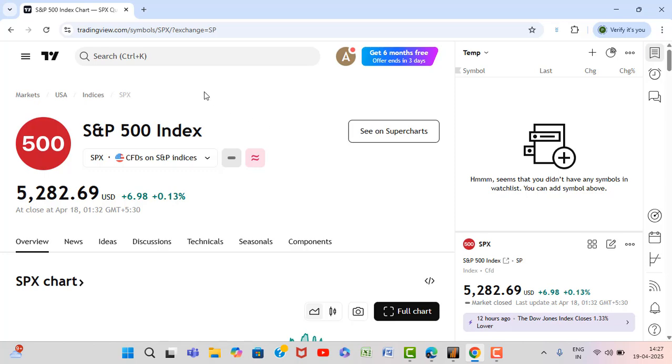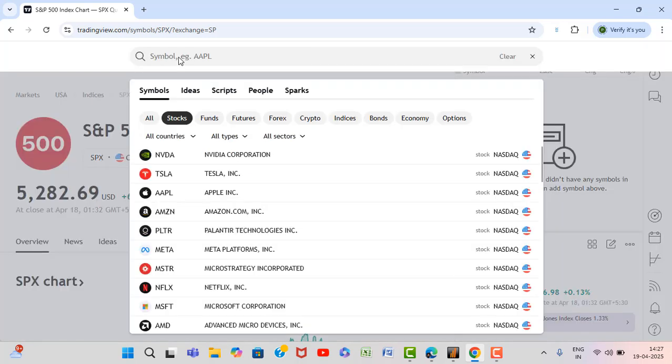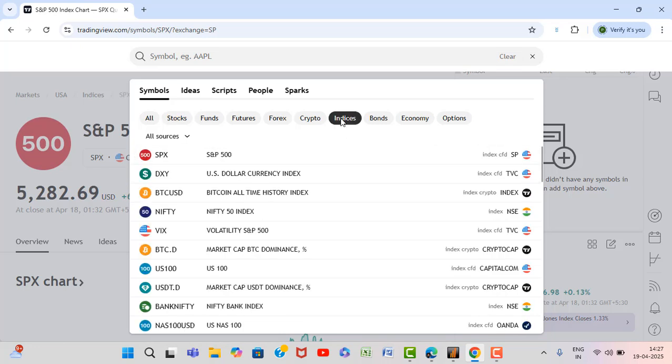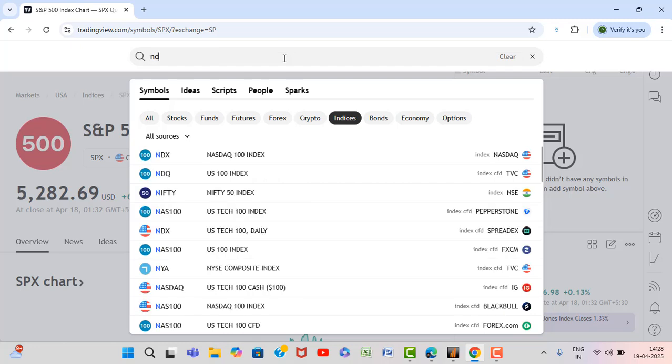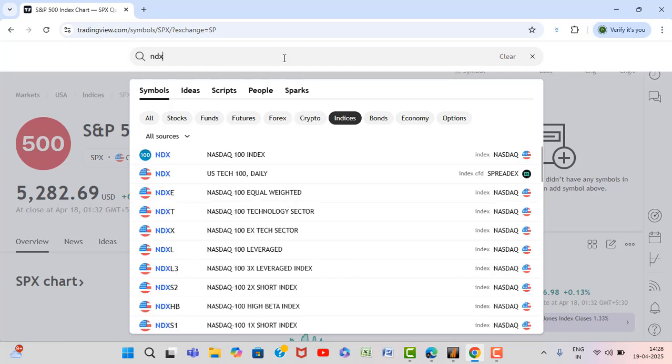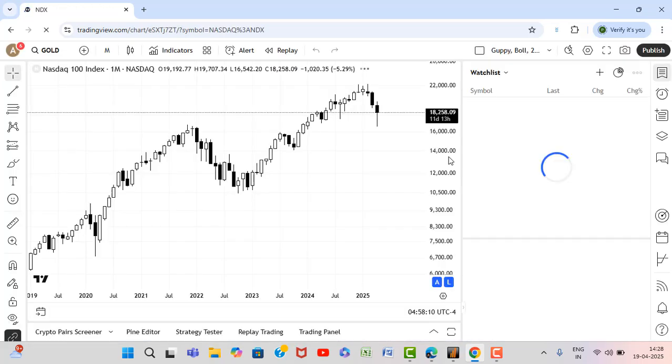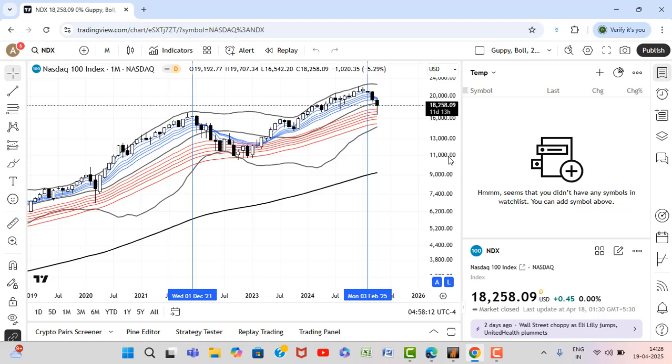Okay, so we can go here, we can go on indices, and I can type here NDX, Nasdaq 100 index. I say launch chart, it launches the chart for me. And I have to discuss these two blue lines with you, and that's